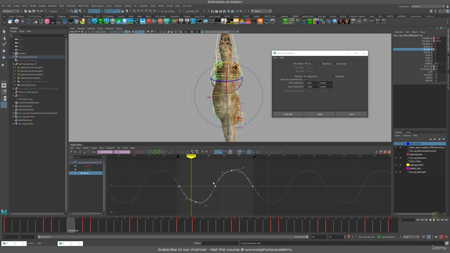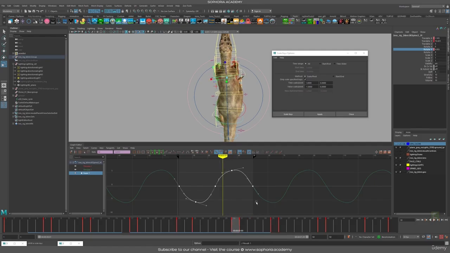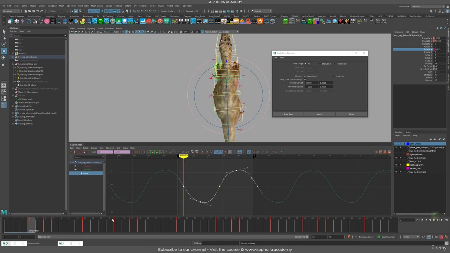Or you can also just press scale in your time slider and drag it upside down like that. However you want to do it. Alright, so we're going to rotate the opposite direction of what the chest is doing. And we just offset this again, probably by 3 frames. So we're going to go 1, 2, 3. So our first keyframe starts at 4. And we're just delaying that rotation a little bit from what the hip is doing